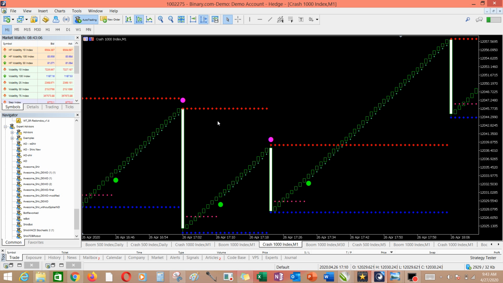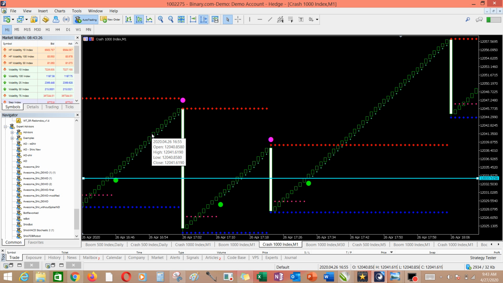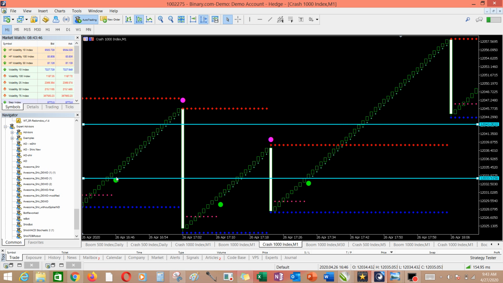But once you know your entry point and you know you are approaching a resistance level, for instance, this is Crash 1000, it tells you to enter here, where the green candle is, and you know it is about getting to a resistance level. You can exit the market immediately. There is a resistance level showing here, and you know that the market is already approaching the resistance level. So all you just need to do is to exit the market somewhere here, and look at it.